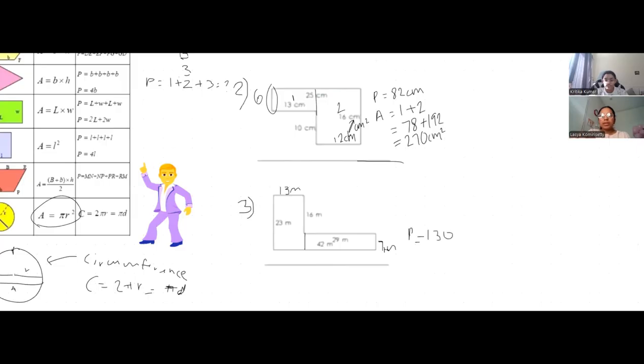Now let's look at the area. Since we drew a line like before, we just have two shapes now. For the first shape, it's 42 times 7. Oh, no, 29 times 7, because 42 is the length of the whole thing, whereas 29 is just the length of this, and we're using it to find this rectangle here. So it's 29 times 7, and then that would be